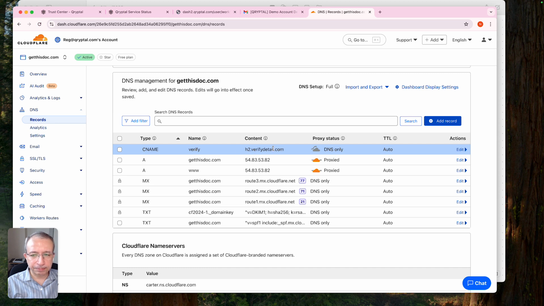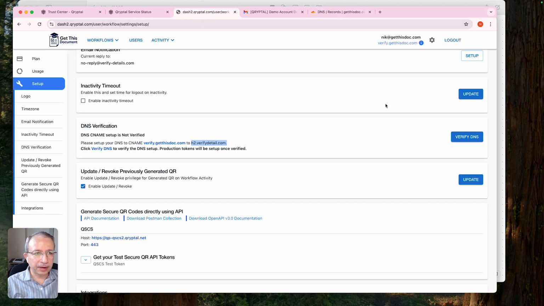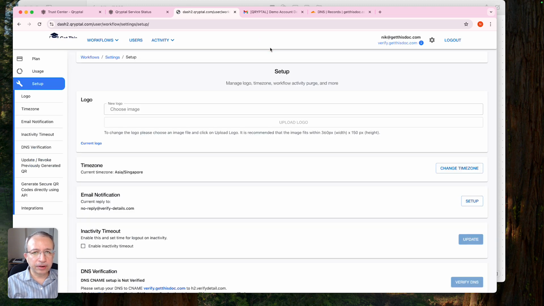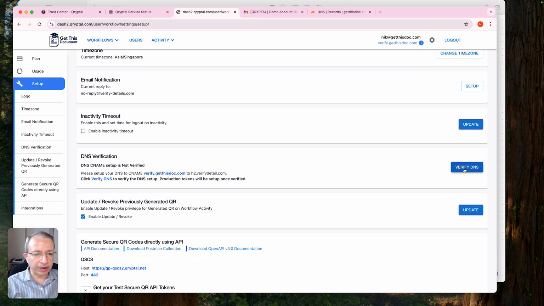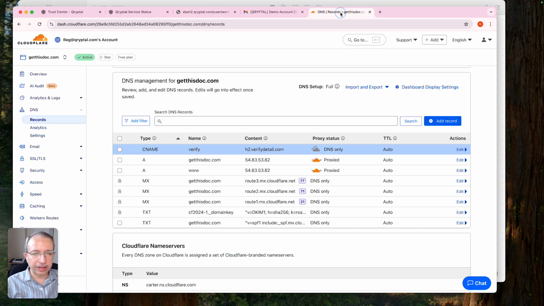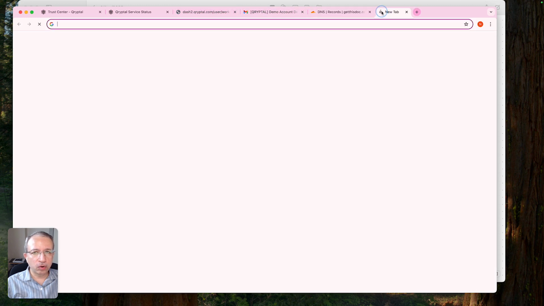So now it is set up. And I go here and I can click on verify DNS. Failed verify DNS, reloading the page. So it takes a bit of time to do this verification. So we need to wait for a while. And we can go to